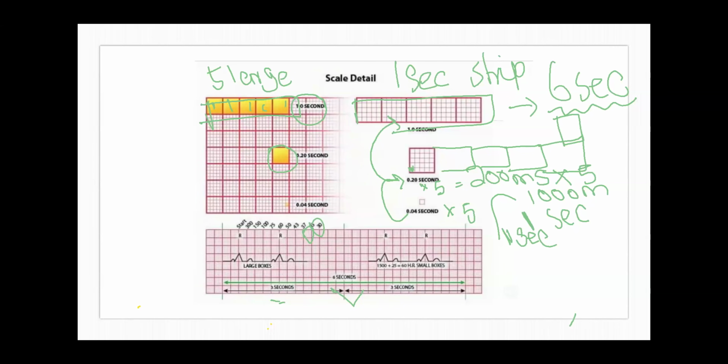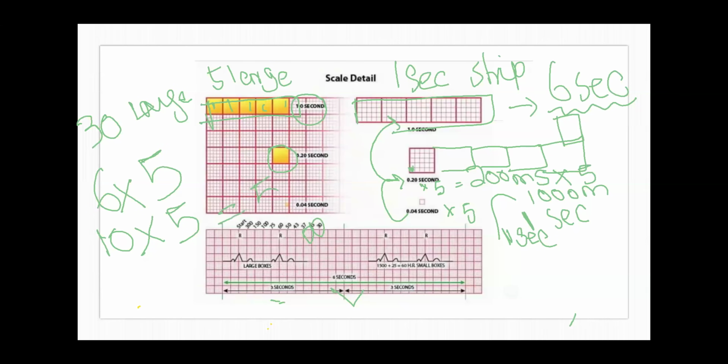वेरी गुड, वेरी गुड। सो जितना सेकंड चाहिए था हाफिजा ने सिंपली उसे मल्टीप्लाई कर दिया 5 से, क्योंकि उसे ये बात पता थी कि 1 सेकंड में 5 है। तो अब उसको अगर 6 सेकंड्स की स्ट्रिप देखनी है तो वो कितने बॉक्सेस उसमें होंगे, 30 लार्ज बॉक्सेस को वो देखेगी। ठीक है, अगर 10 सेकंड की स्ट्रिप देखनी है तो 10 को मल्टीप्लाई करेगी 5 से, और कितने बॉक्सेस उसमें आ जाएंगे, 50 लार्ज बॉक्सेस आ जाएंगे। ठीक है, लार्ज बॉक्स आपका पूरा ये वाला है जो मैंने कलर्ड किया है, देख लो ग्रीन से, ये 1 लार्ज बॉक्स की आई एम टॉकिंग अबाउट।